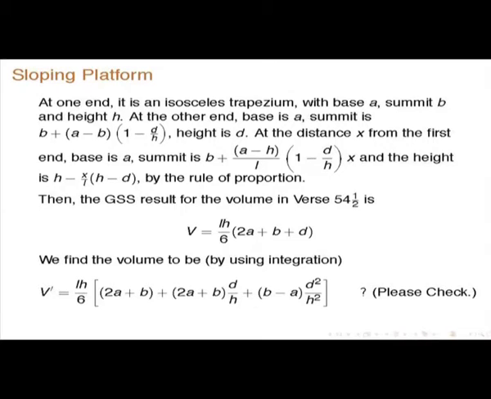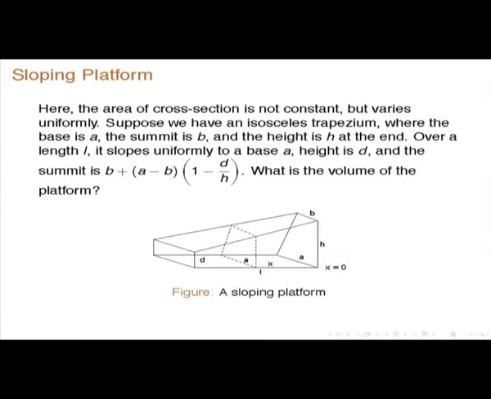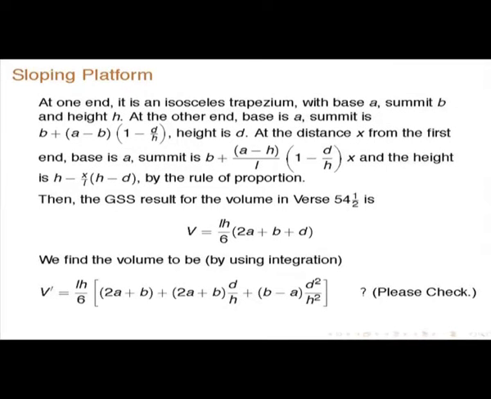Then at some intermediate position, how much is the cross section? The base will be A only. One can show that the top is B plus (A minus B) into (1 minus D by H) into X by L. So this is sloping uniformly. And the height will be again by rule of proportion. Here the height is D and here it is the height H, and what is the height in between? Proportionately one could calculate it by the rule of proportion, and the Ganita Sara Sangraha result for